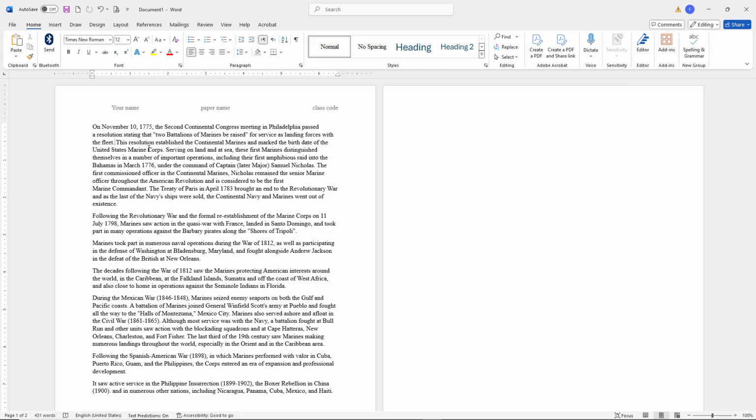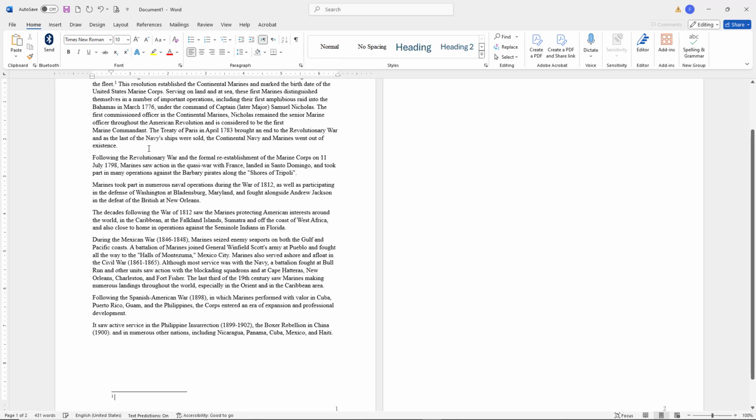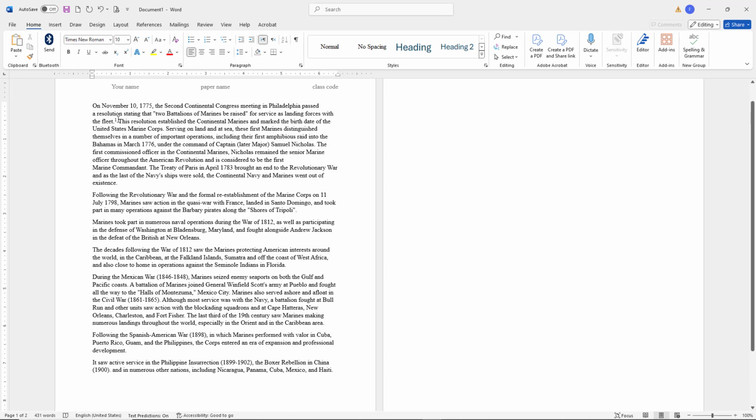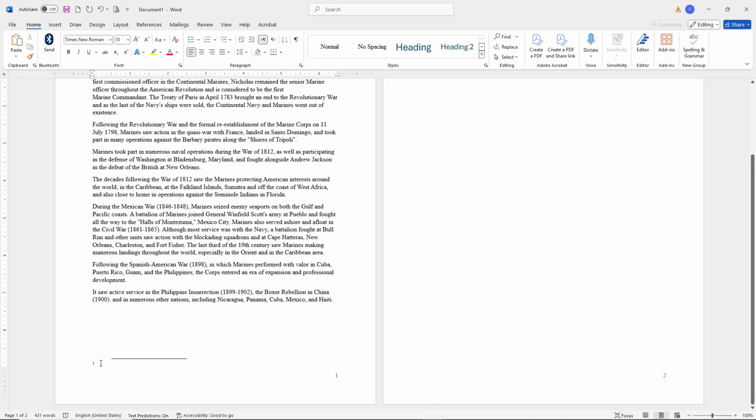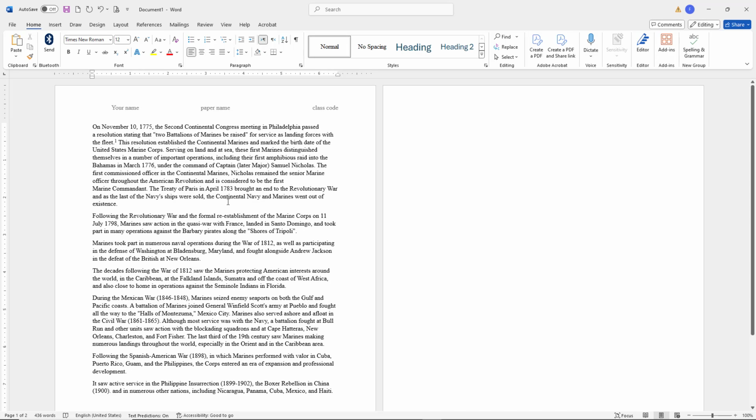But the way that you will want to cite here is through footnotes, not through MLA, not through APA, but Chicago Manual of Style specifically uses footnotes. And the way that you insert footnotes is you press Control Alt F or Command Alt F, as the case may be, and that will give you an automatically numbered footnote, which is going to appear at the bottom here. And so here you will write in your citation information and then move on. So let's say in our case,